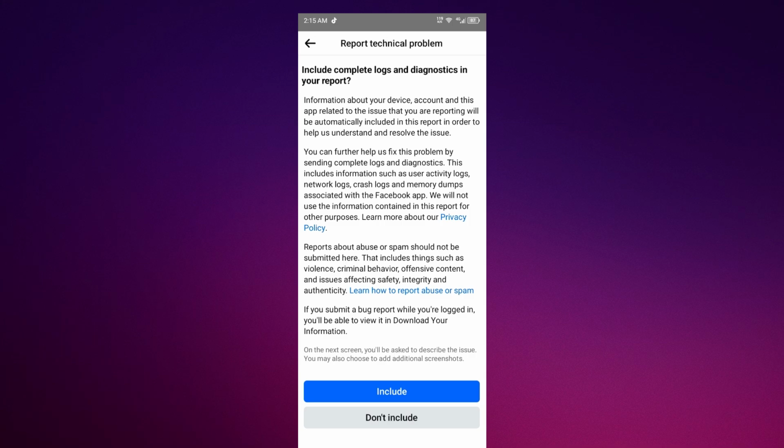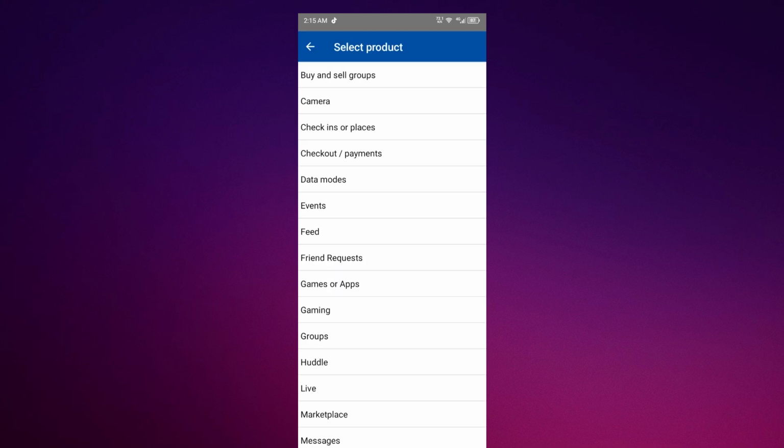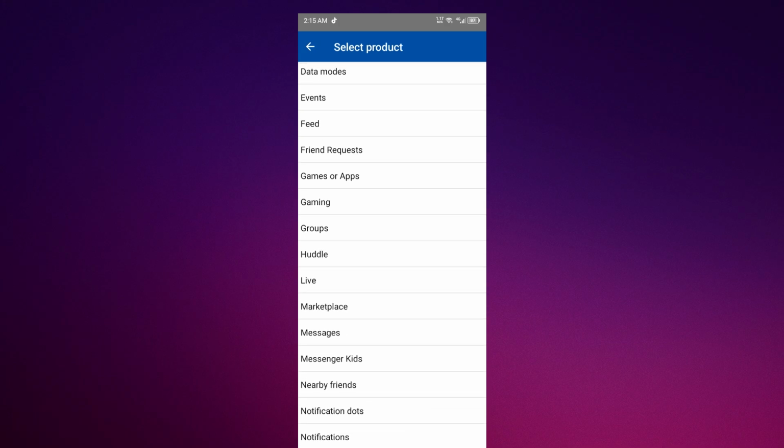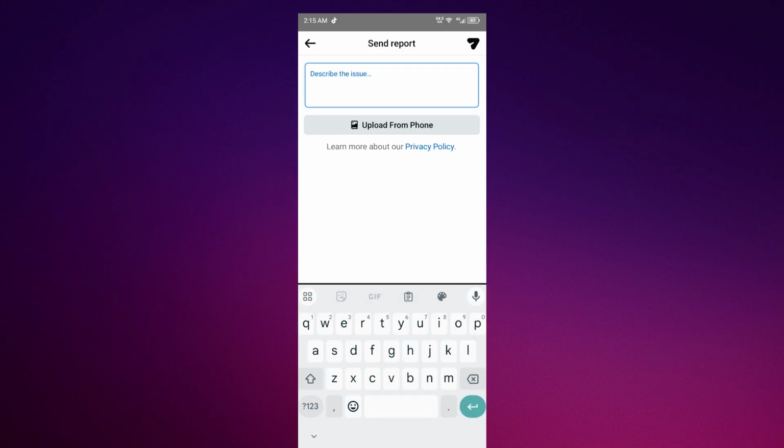Now once you are in here, you should click include. Now you should select the product. Now go select Marketplace. Now once you're in here, just say to FB Marketplace that you have been blocked and